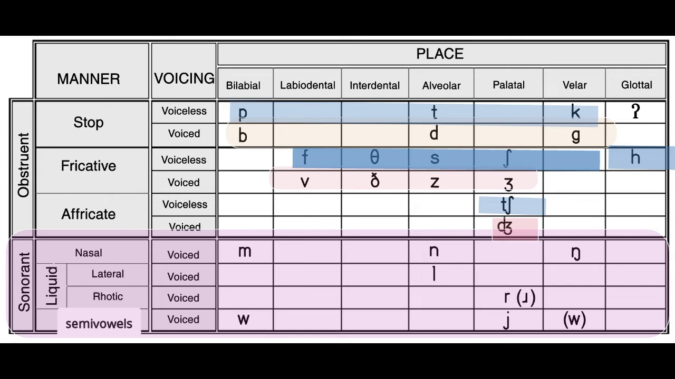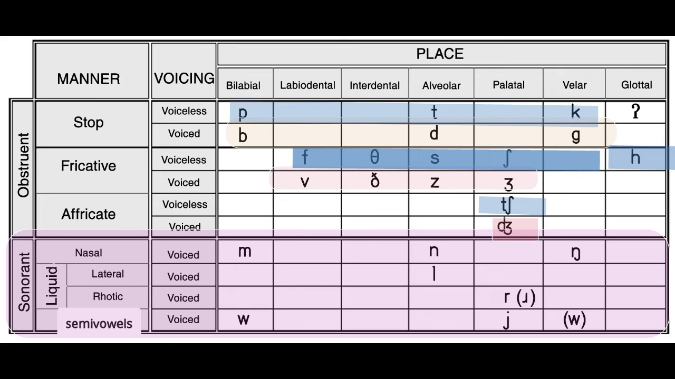In fact, almost all obstruents have a pair of sounds that have an identical place and manner of articulation but differ in voicing. These are the pairs that differ only in voicing: b and p, d and t, g and k,